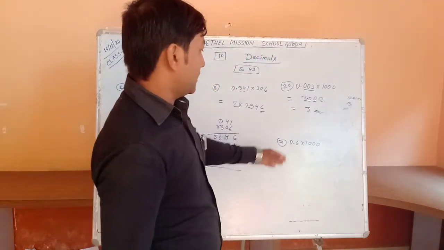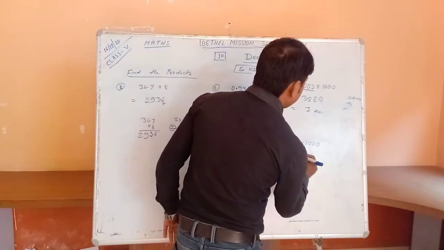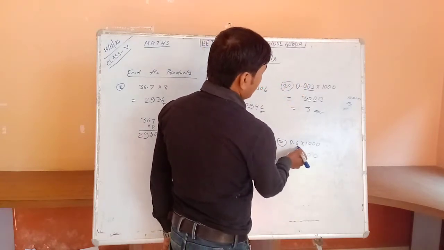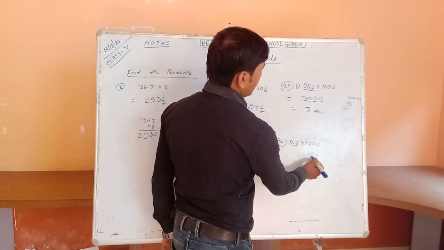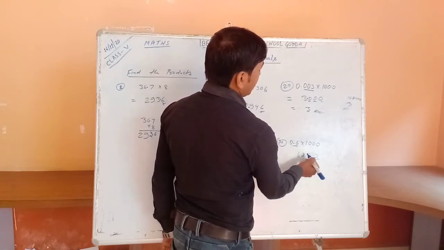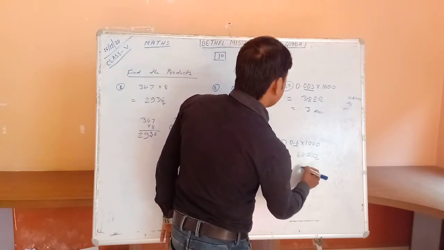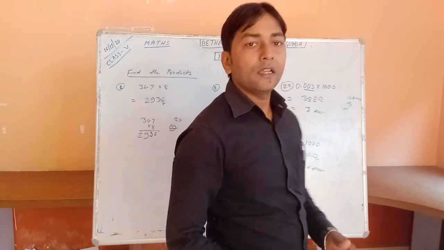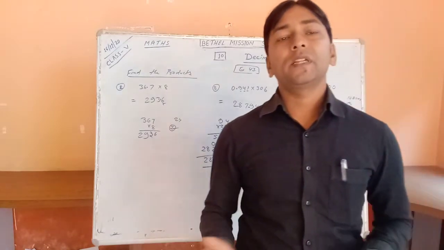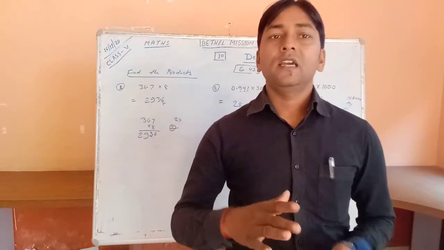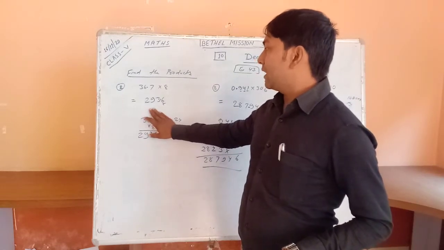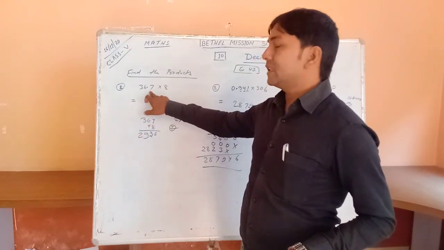Okay. Now here 6 into 1000, 6000. Okay. And put the decimal after how many digits? 1 digit only. So put here after 1 digit only. So this is 600, the answer. Okay. First multiply after removing the decimals, and at last write down the product and put the decimal after counting the decimal places.